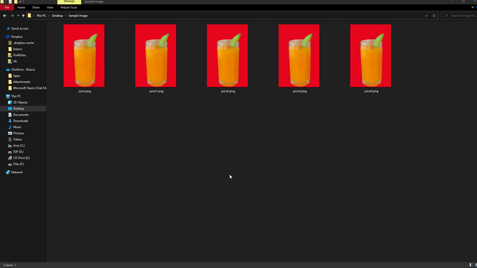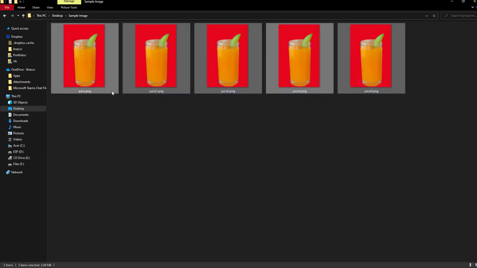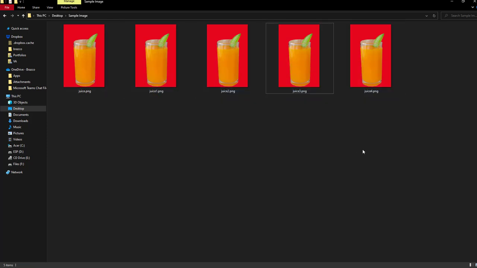So for today's video, I am going to teach you how you can edit multiple images in Photoshop. For example, here I have five images just for this video. If you have multiple images, that's ideal for this automation. If you only have 5, you can edit them manually, but if you have more than maybe 10 or 20, this automation, or the running of a script, is what I suggest you use.